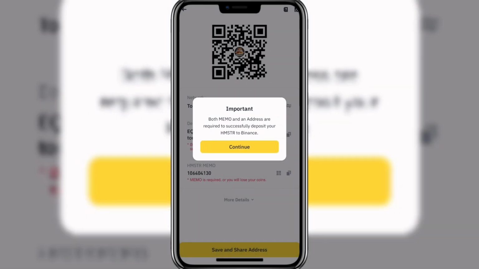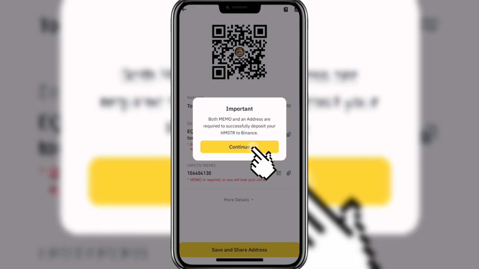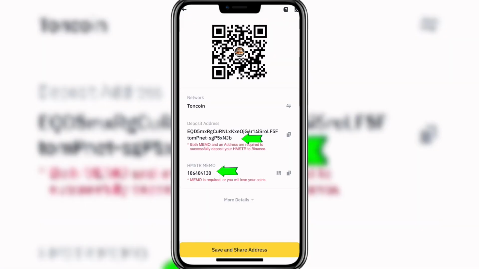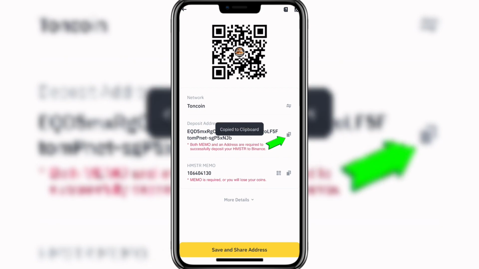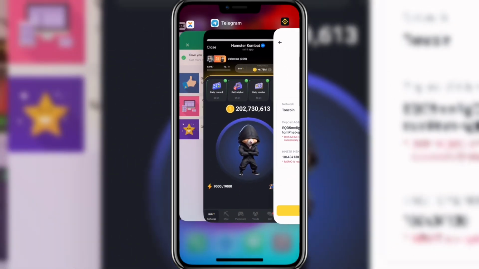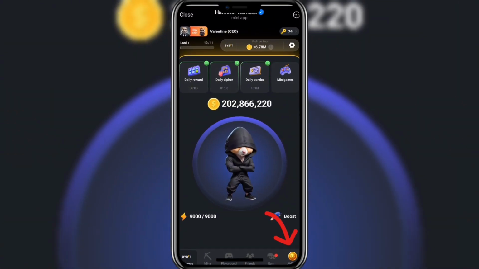To withdraw your Hamster token to your Binance account, both Hamster Memo and Hamster Deposit address will be required. First, copy your wallet address by clicking on this copy sign over here. After copying your wallet address, go over to your Hamster Kombat in the Telegram mini app and click on this